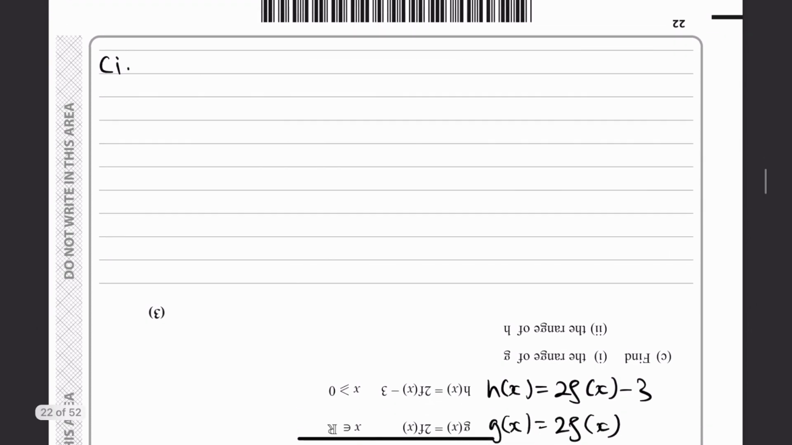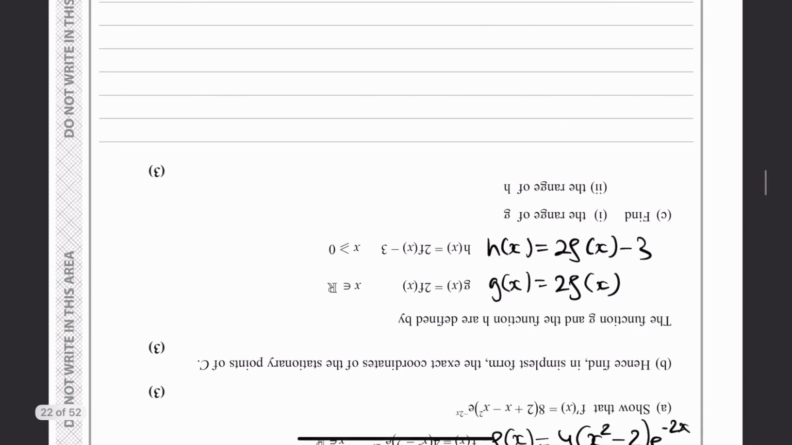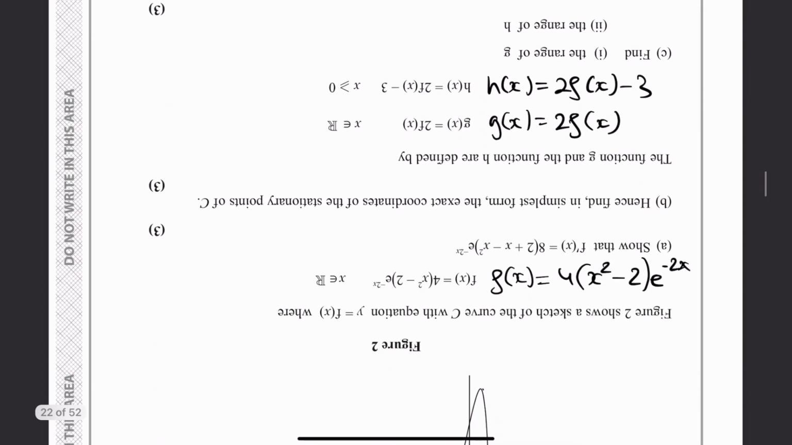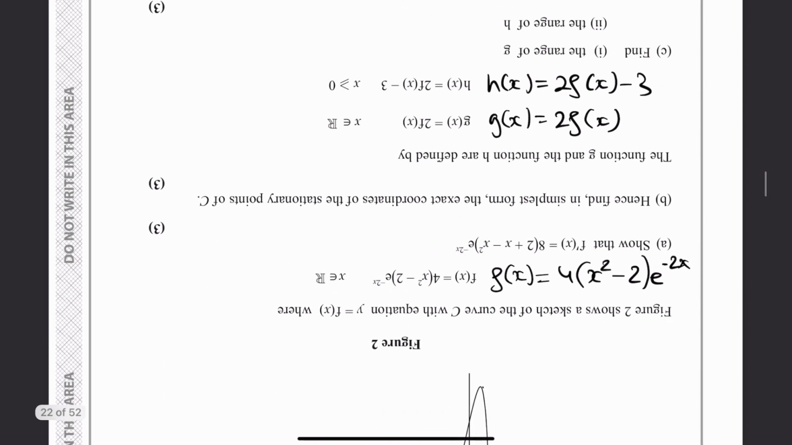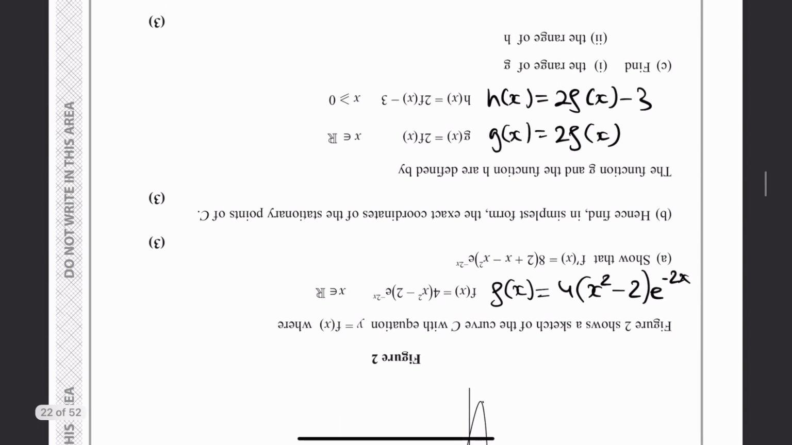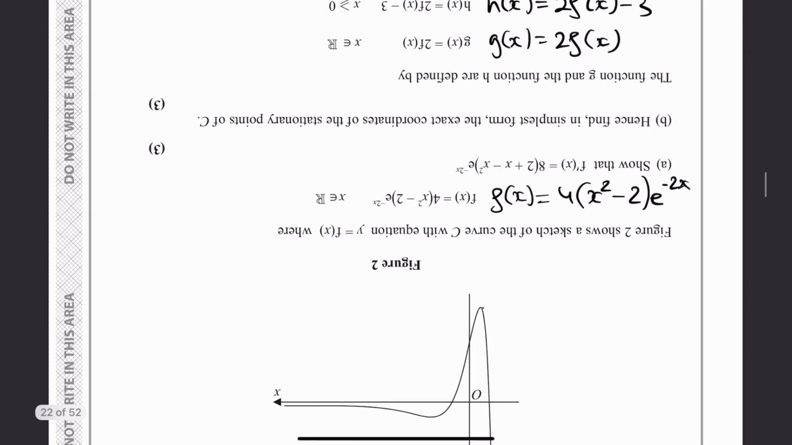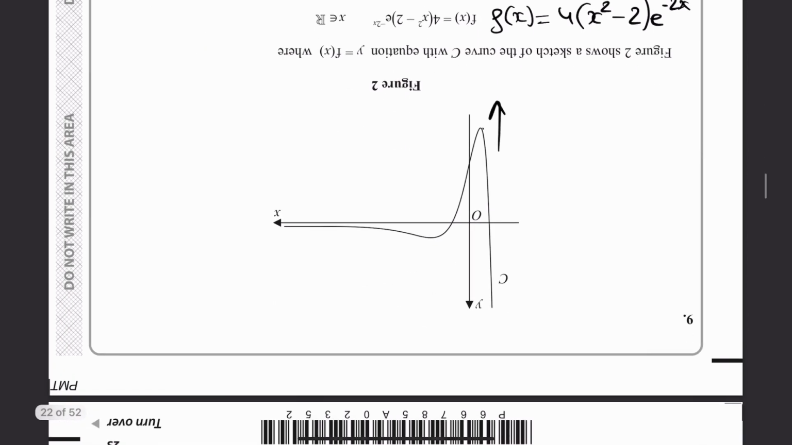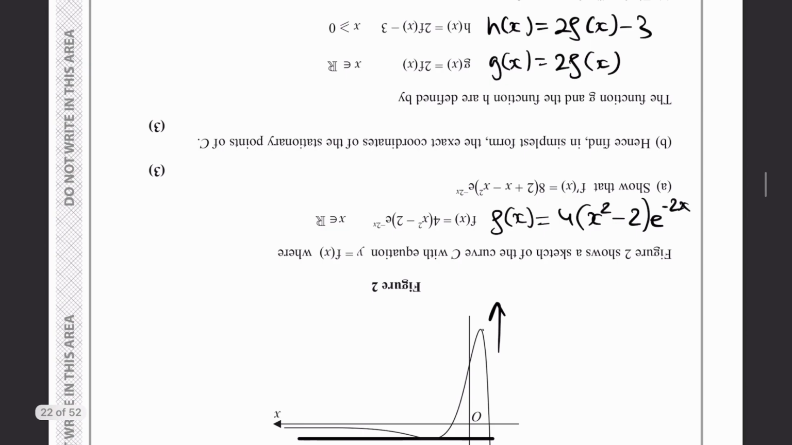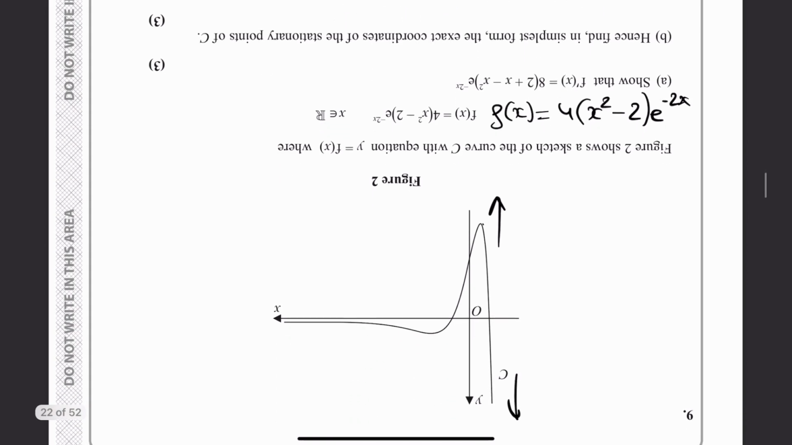the range of g. Okay, it wants the range of g. I think we might be able to work this out by just looking at it. So g of x is basically f of x, but times 2. So it's going to be stretched by 2 in the y-axis. Yeah, it's going to be stretched like this. So the points are going to be 2 times larger, which makes sense. So the range,